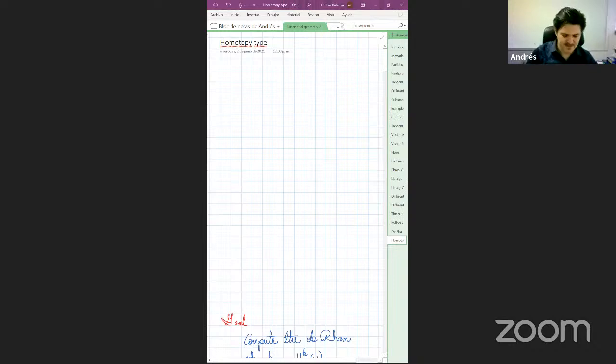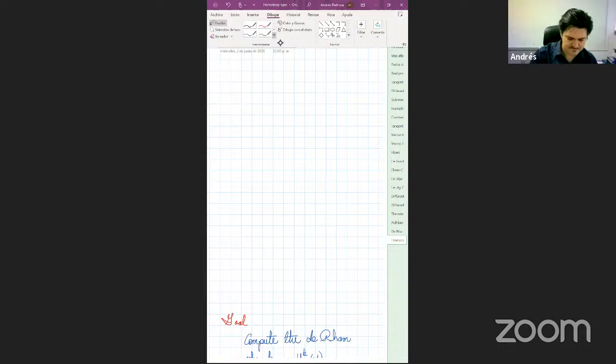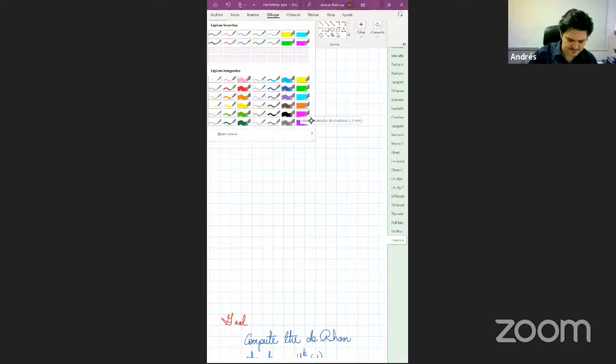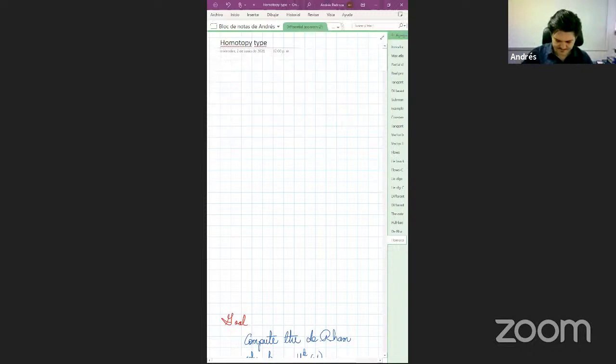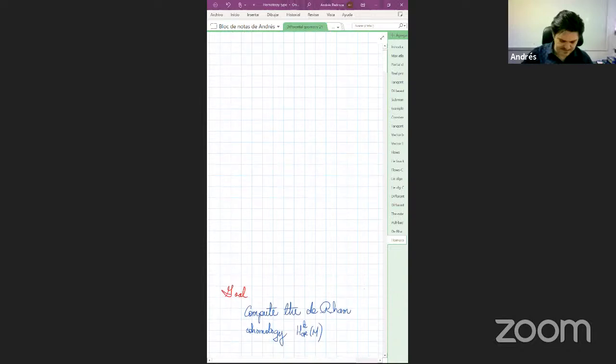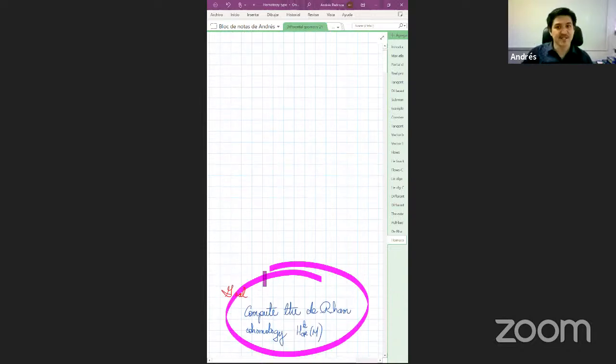So this is what we will do now. So as I mentioned, that's the goal, to compute the cohomology. Now,